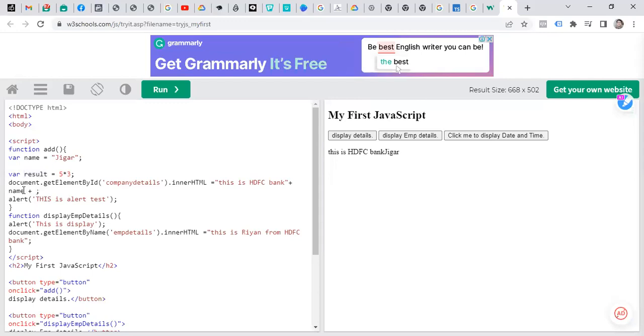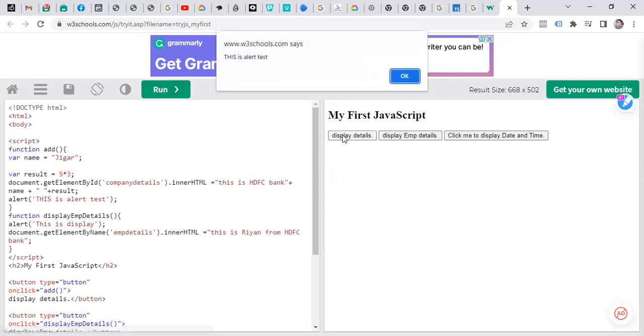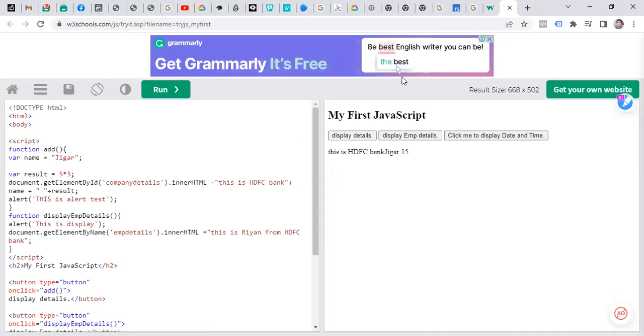Plus. You see 15. So like that, you can also do any mathematical operations if you want, divide, addition, multiplication, or anything. This is the way you can write and perform some operations. So simple way: function, name of the function, curly bracket, and you put that logic here and then you